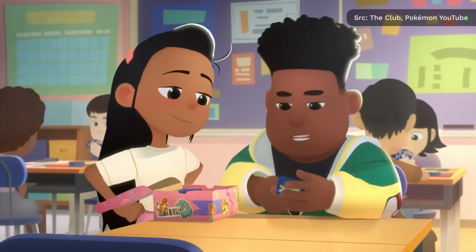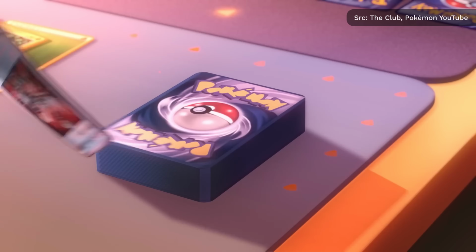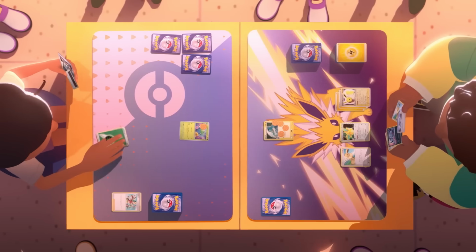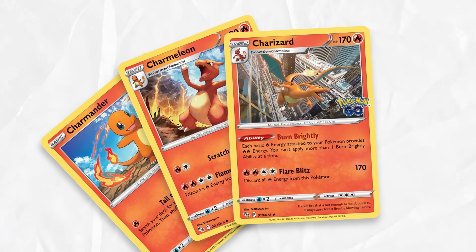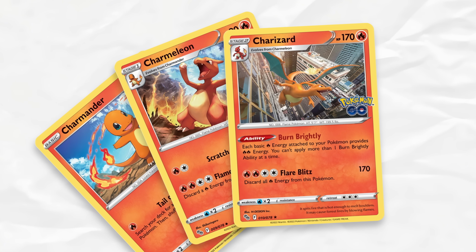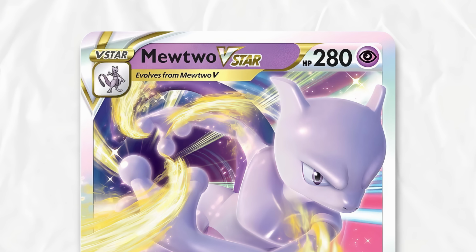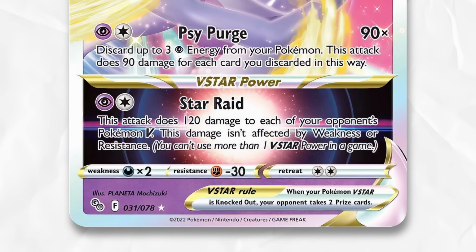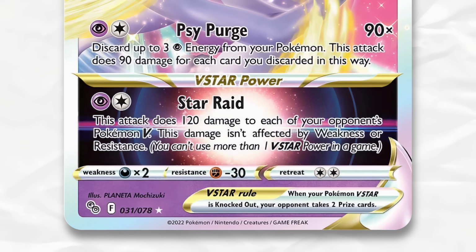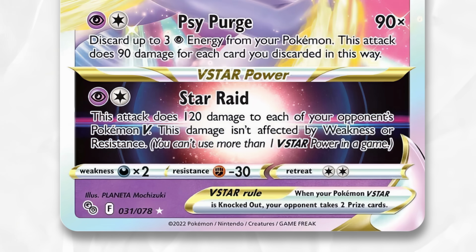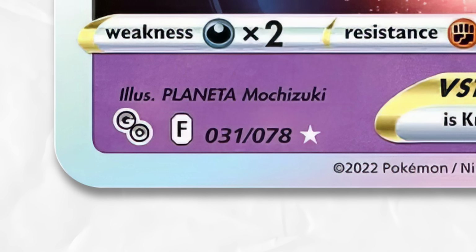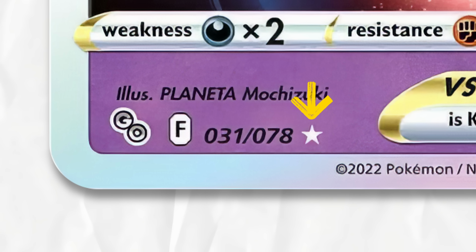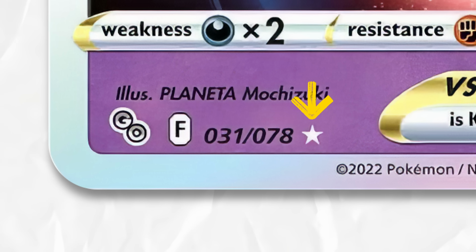Trading card games have 2 important audiences, players and collectors. Each has information that is most important to them. For example, in the Pokemon trading card game, each card is also broken down into zones. The top half of the card provides information about the Pokemon, and the bottom half gives information on the abilities, attacks, and additional game mechanics for players. At the very base of the card, down in the margin, we have extra information including the card's number in that series and the card's rarity indicator, more important to collectors.